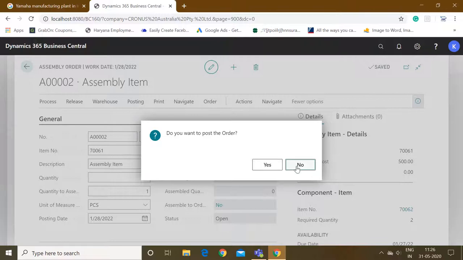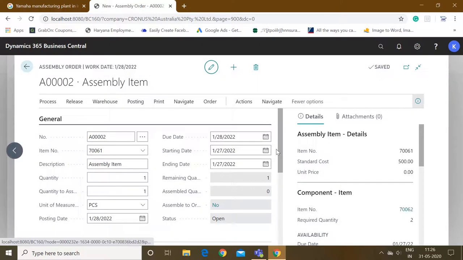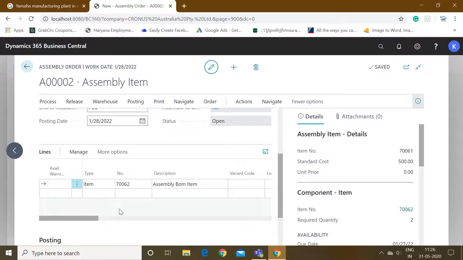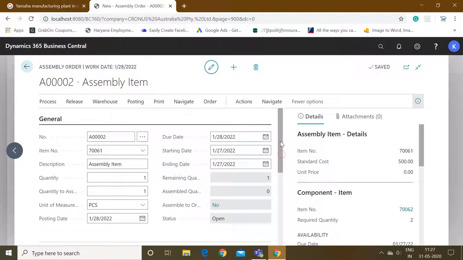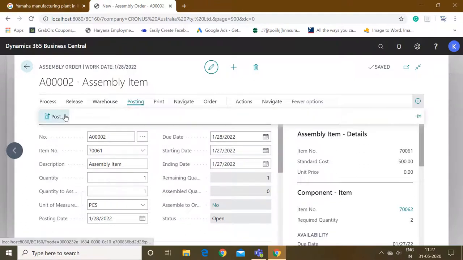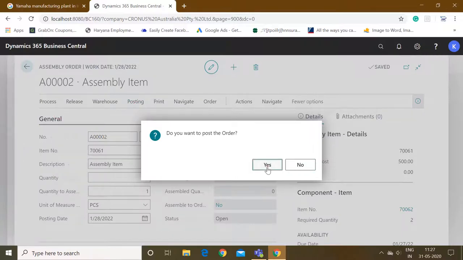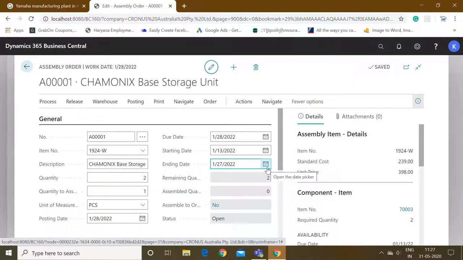System will decrease the 2 quantities of this from the inventory of this item, but increase the inventory of this item by 1. Okay, so let's see. Just click on posting and click on post, and yes, so that's it.